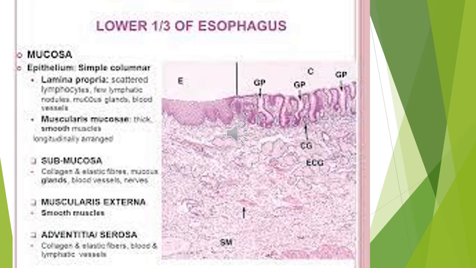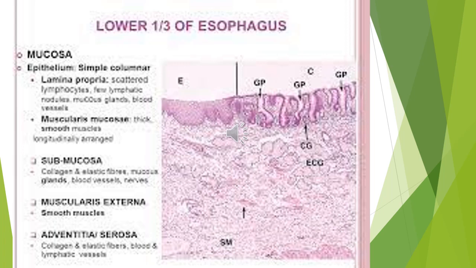Then coming over to the muscularis mucosae will be the thick smooth muscle which are longitudinally arranged. In the lower 1/3 of the esophagus, the muscularis mucosae, lamina propria and epithelium are part of the mucosa. Coming over to the submucosa will be dense irregular connective tissue with collagen and elastic fibers and mucous glands which are called the esophageal glands proper, and along with blood vessels and nerve plexus is called